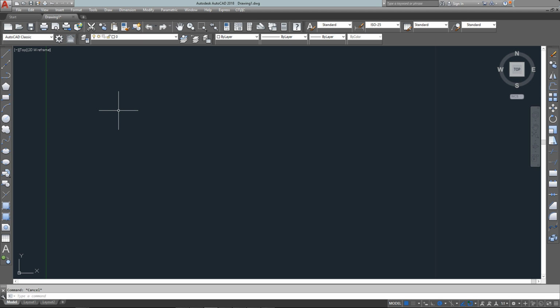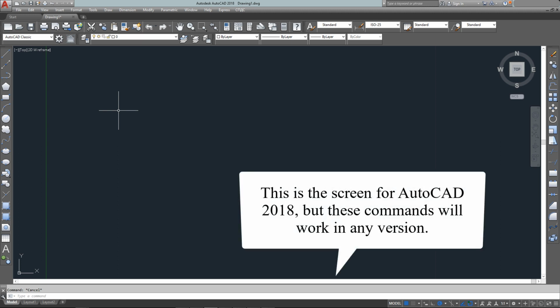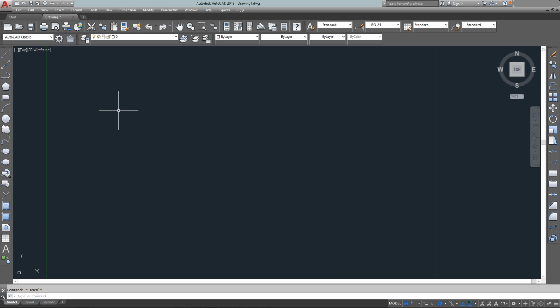I'm here to show you just some very basic things in the first tutorial, and I'm going to show you 4 different ways to start up the line command in AutoCAD. Now, like with many things in AutoCAD, there's several ways to do it, and using your drawing commands is no